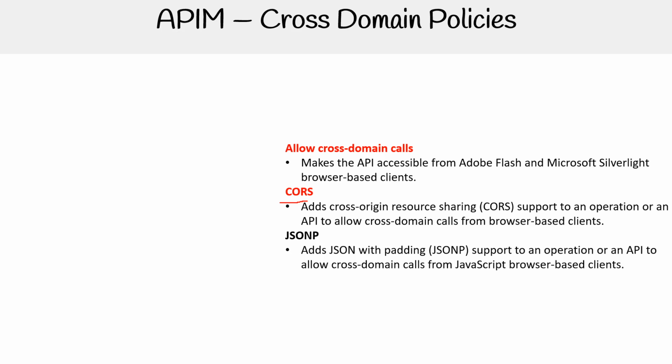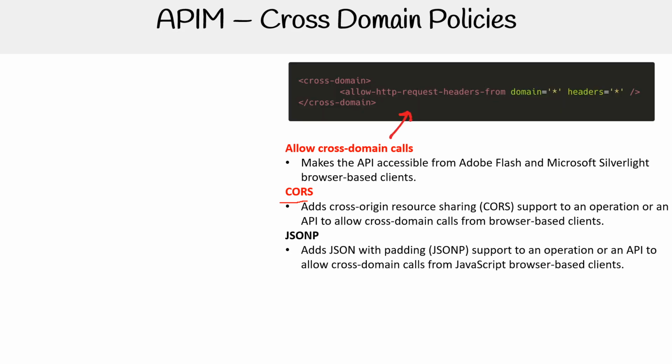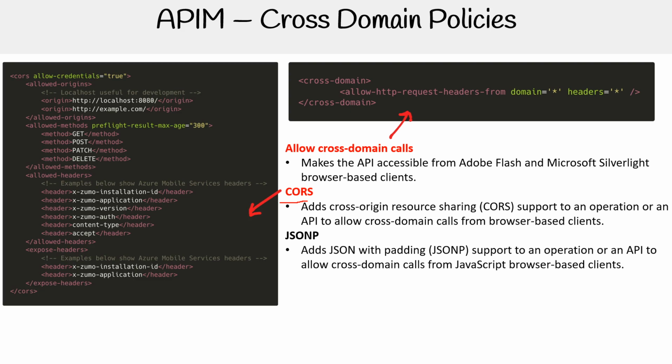JSONP adds JSON with padding support to an operation for an API to allow cross-domain calls from JavaScript browser-based clients. So that is the cross-domain one, very simple. There's CORS, and if you've ever seen CORS, this looks the same. If you're on AWS, if you're ever anywhere else, it's the same XML. It looks the same. So it looks big, but it's not as scary, and you'll come across it quite often,